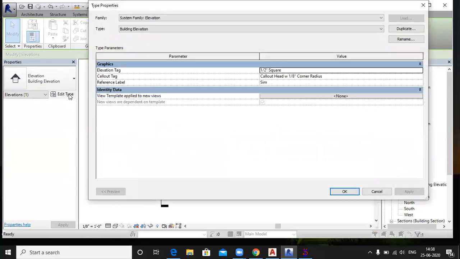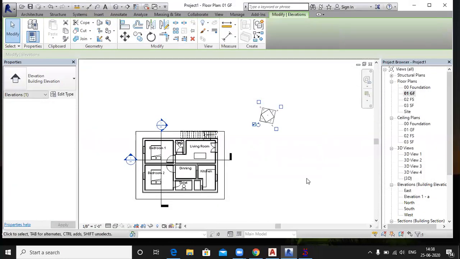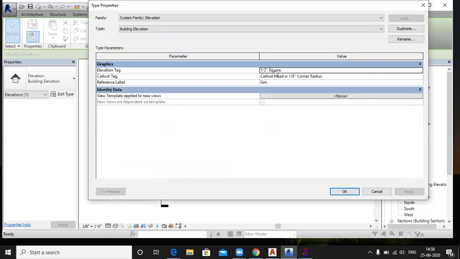And go to the edit tab. This is right. You just remove the radius.